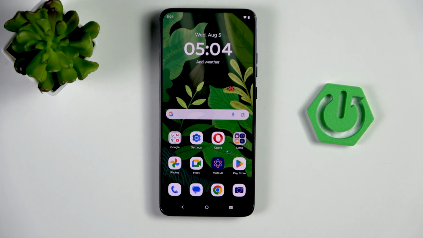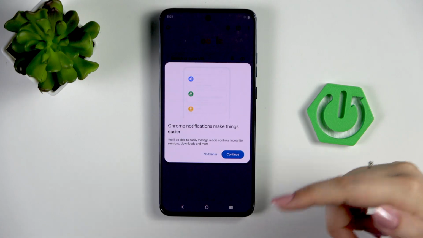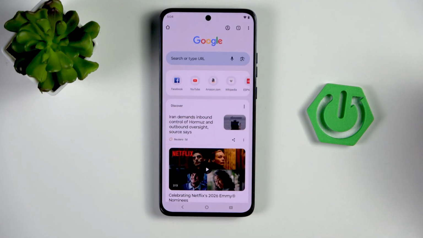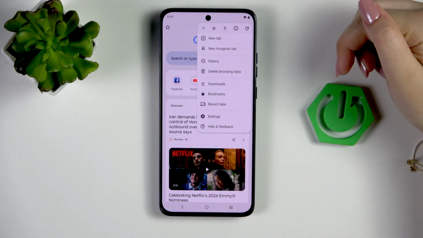So first of all, we need to open the browser. In my case it will be Google Chrome, but no worries, it's quite similar in all of the browsers which are commonly used, so I'm pretty sure that you will be able to figure out how to do it on your own browser. So now we need to open the three dots icon in the right upper corner,